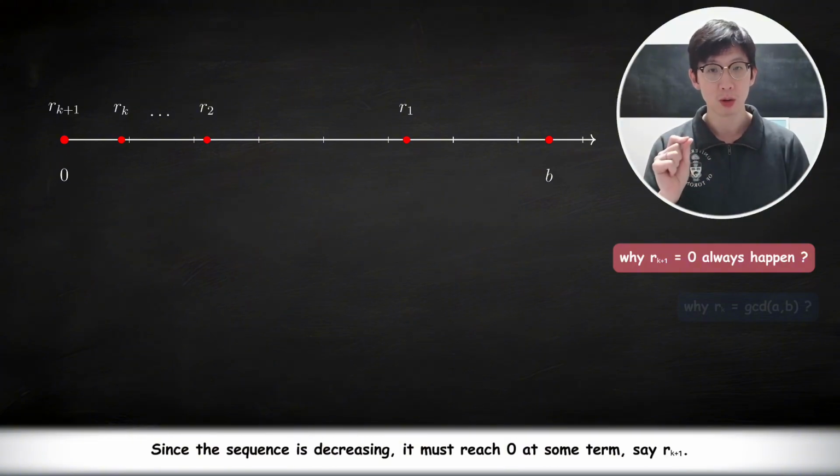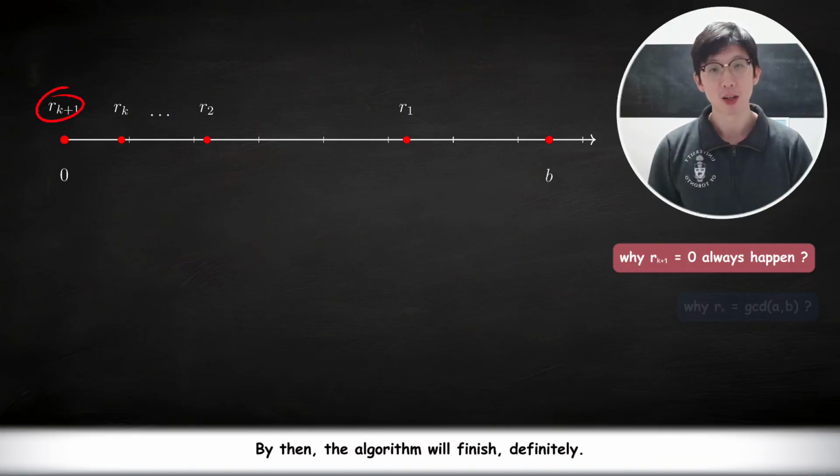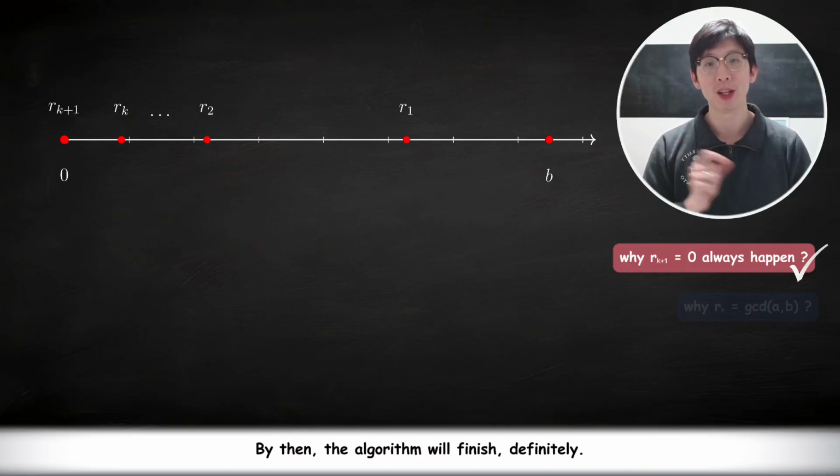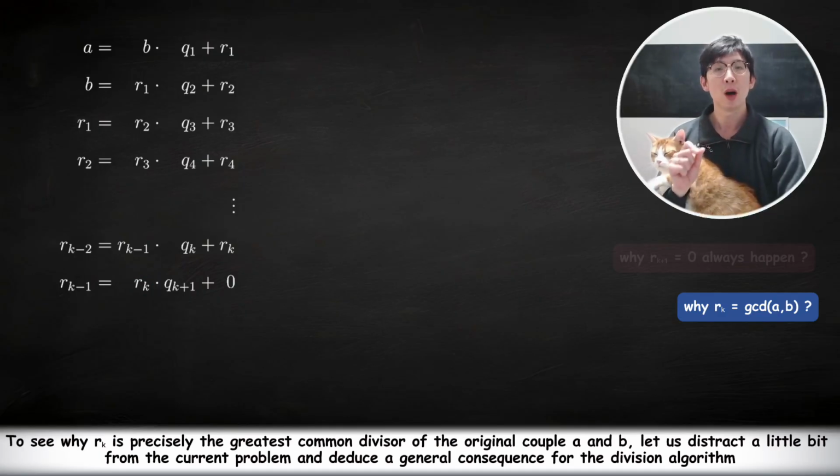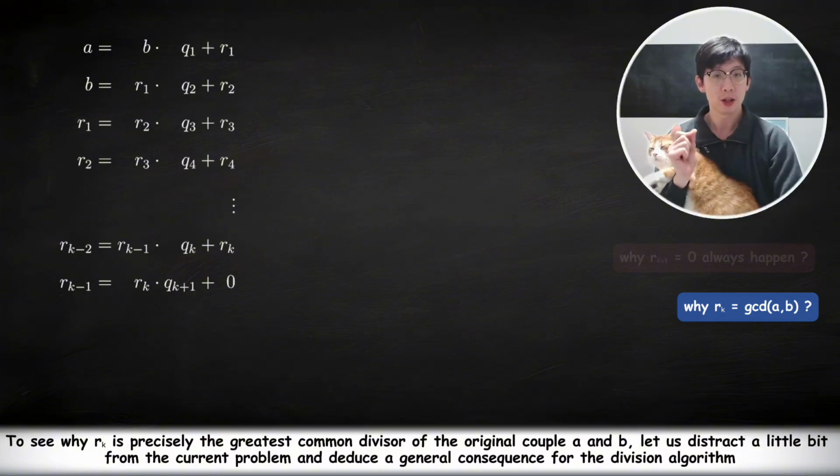Since the sequence is decreasing, it must reach 0 at some term, say r_{k+1}. By then, the algorithm will finish, definitely. Now recall that when r_{k+1} has reached 0, we will return the previous remainder, r_k, as the outcome of the Euclidean algorithm. To see why r_k is precisely the greatest common divisor of the original couple A and